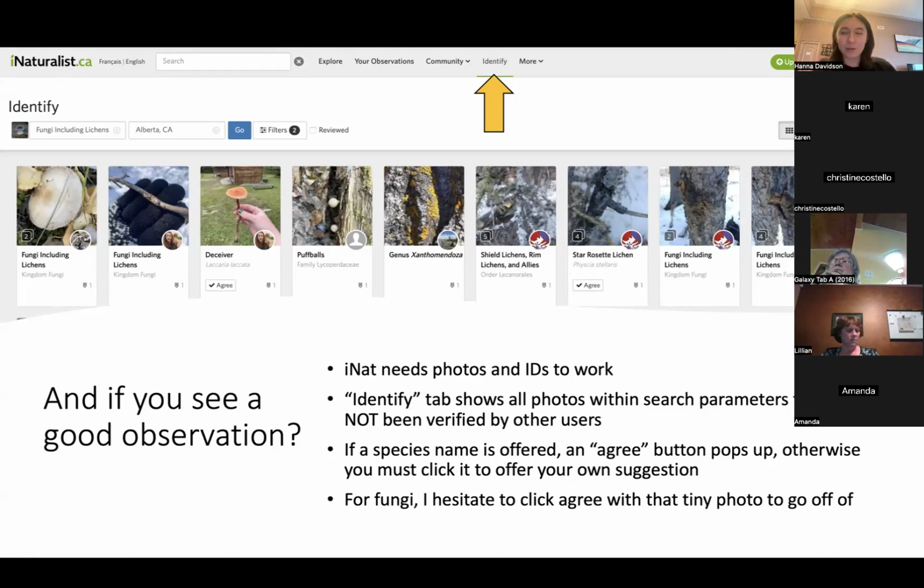I find that really helpful if you have something big and obvious, like a beaver or a moose or a cardinal. I don't think it's really a good feature from a mycology perspective, because in most cases we need more than one picture, like maybe the top view and the under view of a mushroom. So I don't like that agree button unless it's something super obvious, like maybe black knot fungus. That's up to you, but I always trend toward being more cautious on my IDs than liberal, just for the sake of not making incorrect contributions.